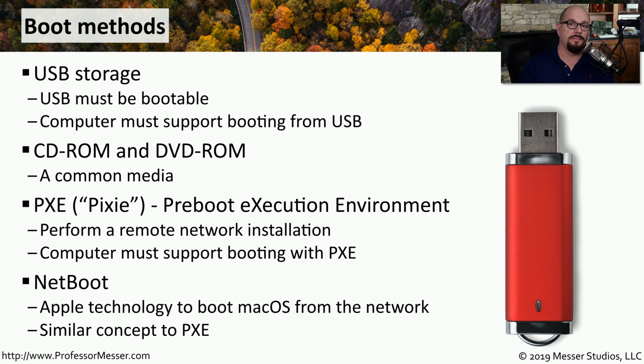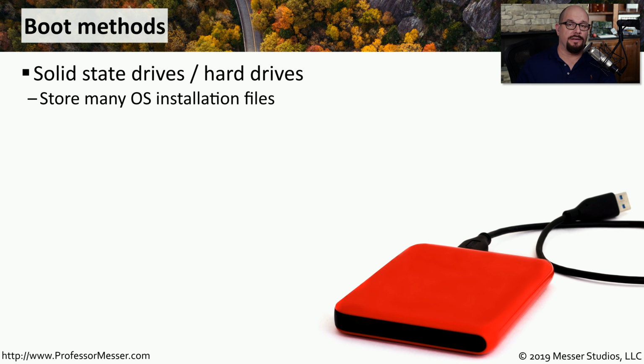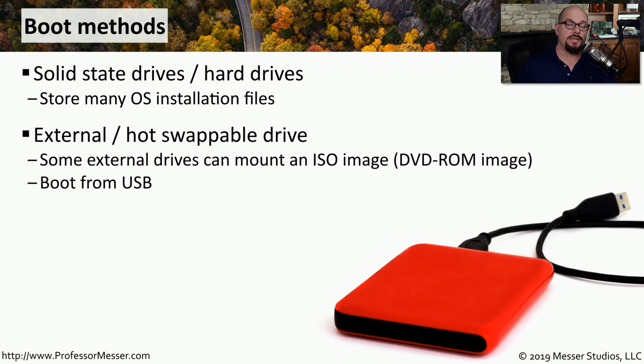across the network. If you need to install many different types of operating systems, you may want to consider using some external media that you would connect to with USB. This allows you to install many different operating systems onto this single drive, so you can take that drive with you anywhere and know that you have the operating system you need to install. Some of these external drives even allow you to configure parts of that drive to act as an ISO image. This makes the drive look like a CD-ROM or a DVD-ROM image. So you can plug this large storage drive into a USB interface, but the computer sees it as if it's